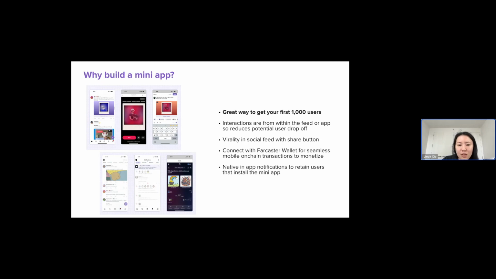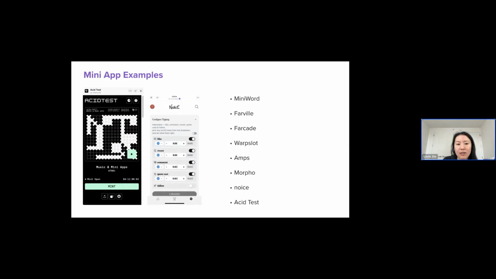And then let's see, okay, so mini app examples. I'm going to go over a few just so you have some more concrete understanding of maybe some design spaces. I think Asset Test is a cool one to highlight because we recently built minimized mini apps. So you can minimize a mini app on web and on mobile, and have that audio playing in the background while you're scrolling the feed.